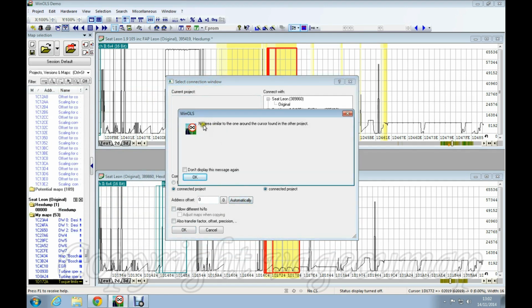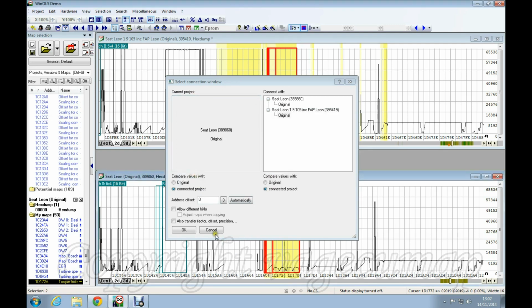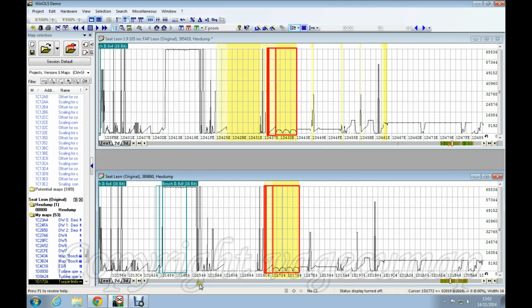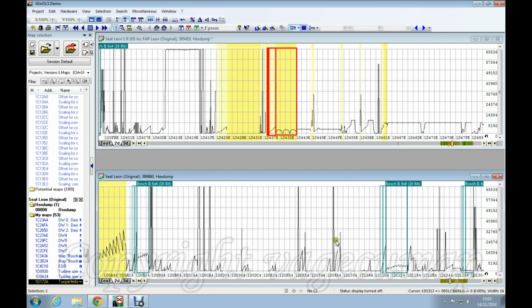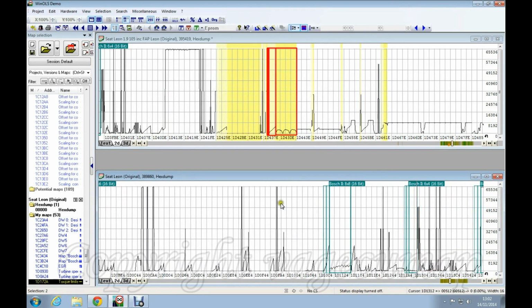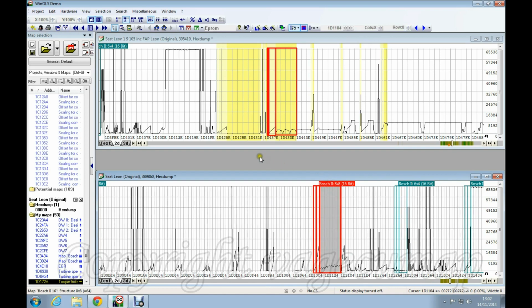Now you can see, look, no areas similar to the one around the cursor were found. So in other words, it's saying that it can't automatically connect the two together. So I say, oh well, okay then, thank you. Well, we'll cancel that for a minute, and then let's see if we can find two other areas that might help us. Let's pick that one there,